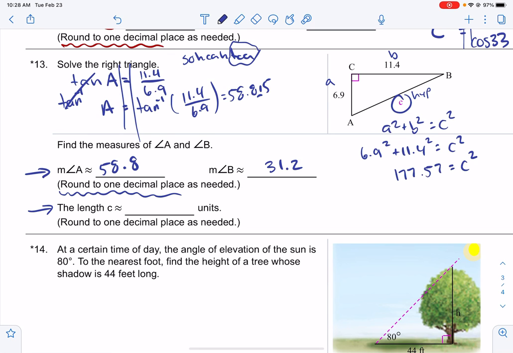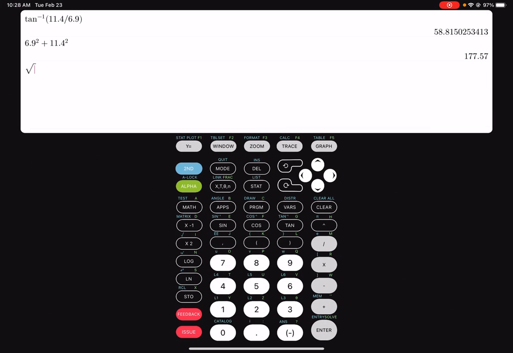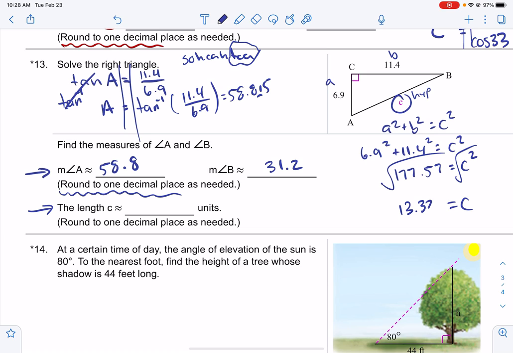177.57 equals c squared. Now, I don't have c alone yet. I've got to square root both sides. So my answer, round to 1 decimal. Okay, so I do get a decimal. I'm going to take the square root of 177.57, and it tells me 13.325. So this becomes 13.325, but it wants 1 decimal. So I'm going to round that to 13.3,